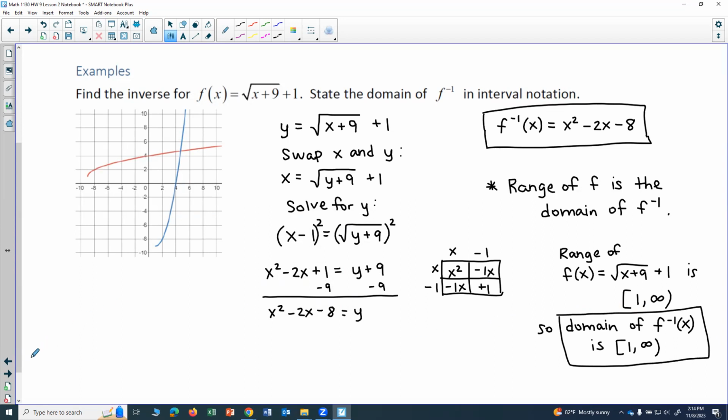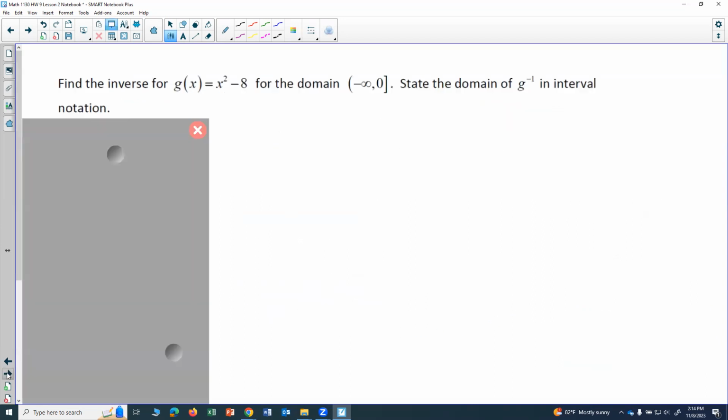Let's look at one more example. Here, we want to find the inverse for g of x equals x squared minus 8 for the domain negative infinity to 0, and state the domain of g inverse in interval notation. So again, I have to have this domain restriction because a parabola is not 1-to-1. So if I look at the parabola x squared minus 8 with that domain restriction,